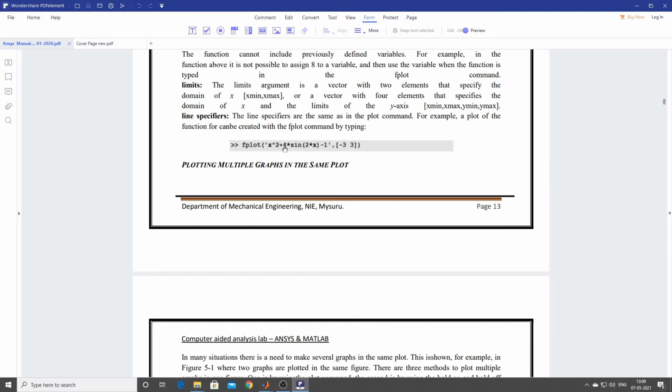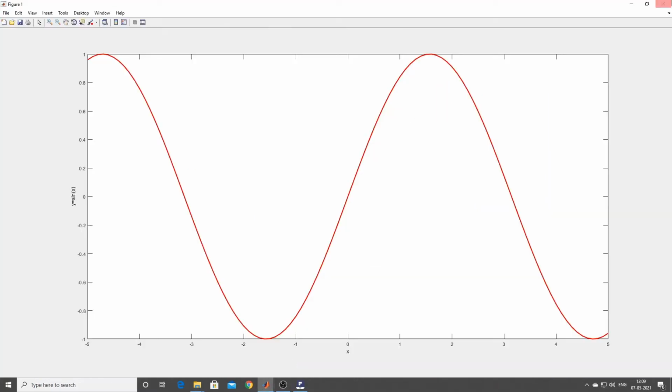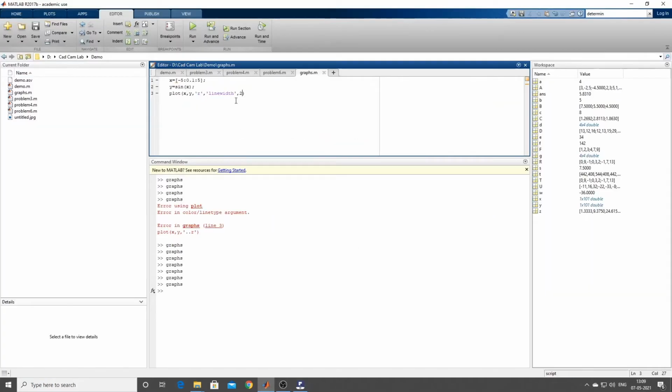So this is our f. And what is x? It is from -3 to 3. Let us try to give fplot and this, and we will see what we are going to get. So close this, go here, enter.